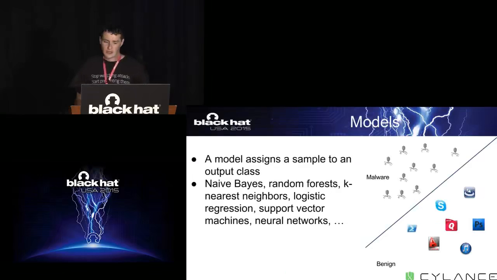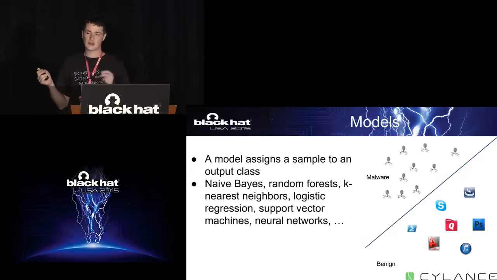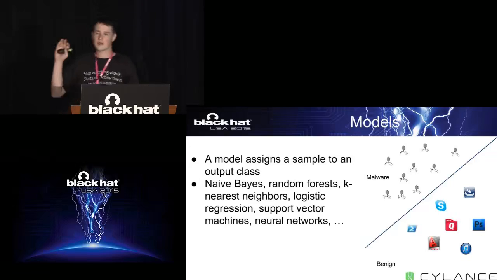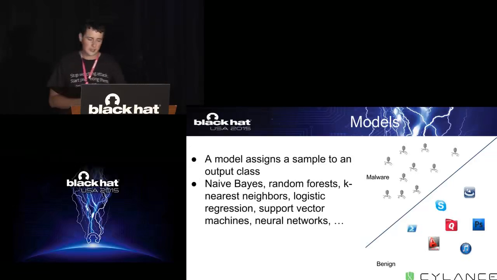So what is the model doing then? The model is going to take something in your feature space, in other words, the thing that you've engineered the binary to go into, and it's going to try and draw a line between the good samples and the bad samples. The whole goal of feature engineering is to come up with a way that you can make all your bad stuff go to this side in your feature space and make all the good stuff go to this side. What the model is going to do is try and learn this dividing line between your good stuff and bad stuff.